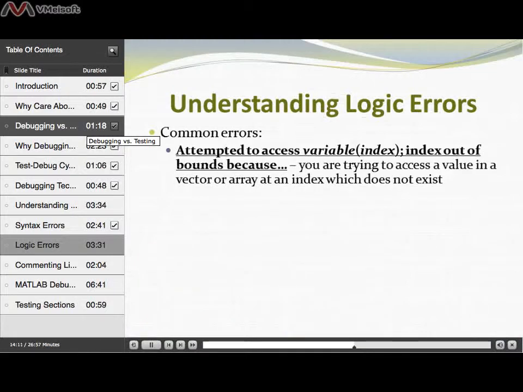One of which you might see, especially in a couple weeks when we start talking about arrays in more detail, is an error like this: attempted to access some variable name at some index out of bounds. So with an array or a vector, and we've been using vectors so far, you have a certain number of locations where you can store a value. If you try to access an index which doesn't exist, so say you have a vector with 20 values and you try to access a value at index 30, there is no index 30,